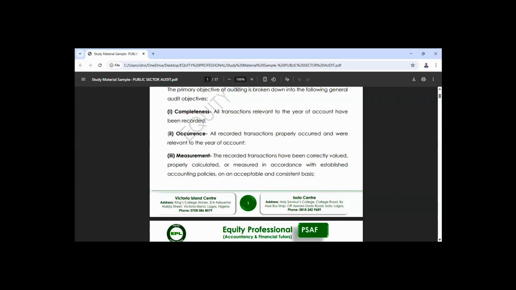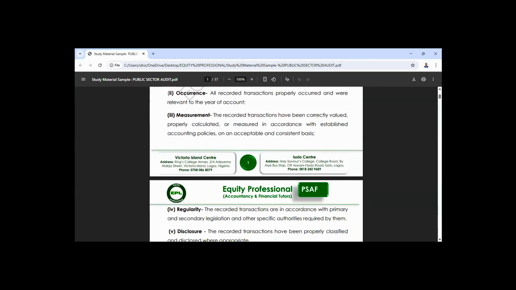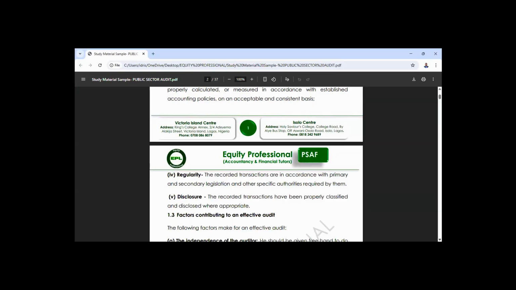Another one, measurement, to ensure that all the transactions at the end of the year are properly valued, measured, in line with established accounting policies. So that is another objective of an audit. Another objective of an audit is called regularity, to ensure that all recorded transactions are in accordance with primary and secondary legislation. So that is another objective of